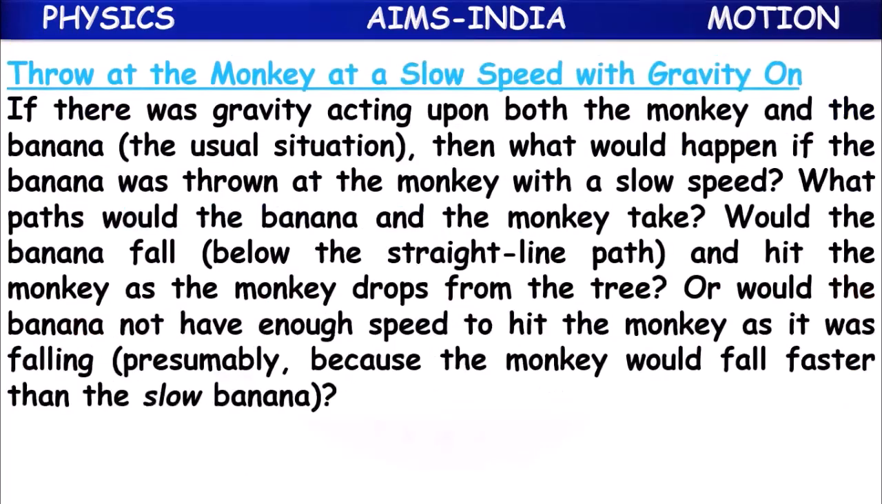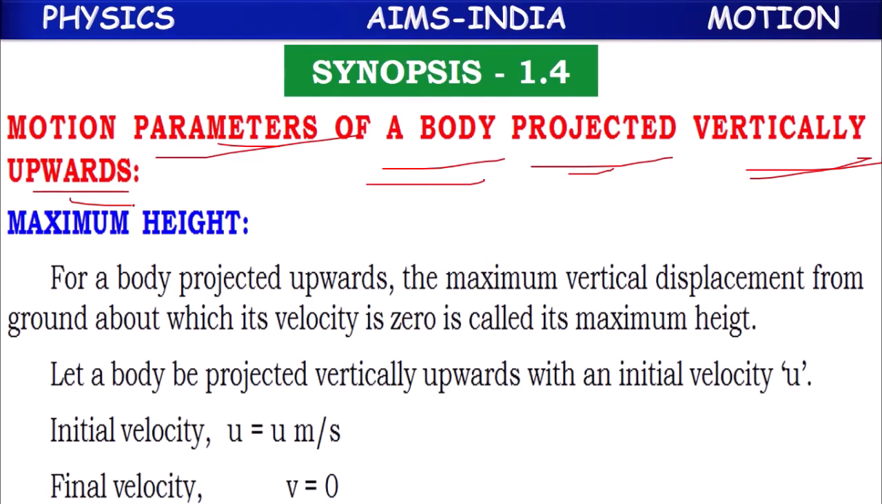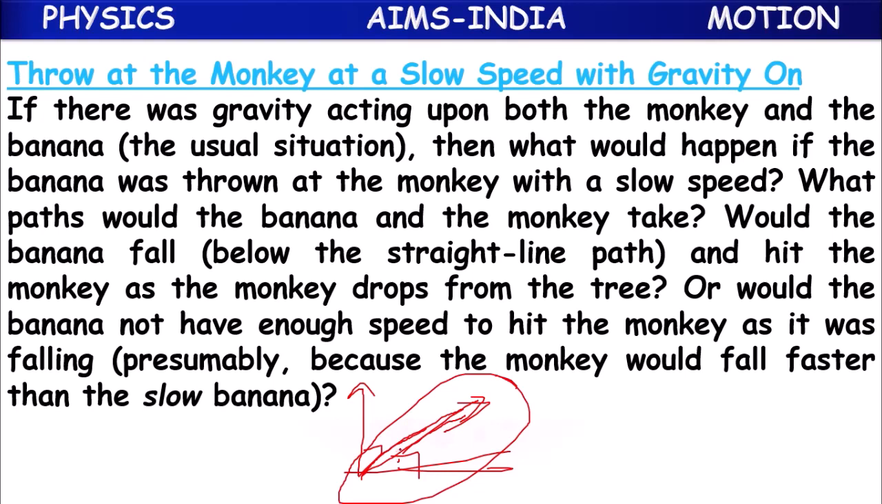So next our main concept is motion parameters of a body projected vertically upwards. Actually, just now what we have learned is called projectile motion. It means projected not vertically upwards, but through some angle. The body is shot with some angle with the ground. But instead of like this, if we project it horizontally,